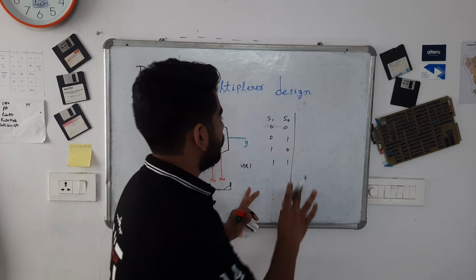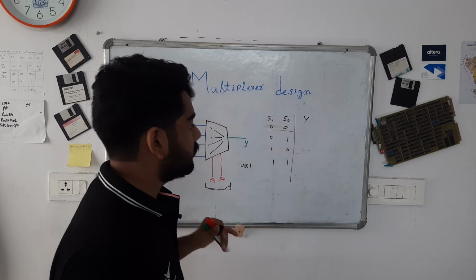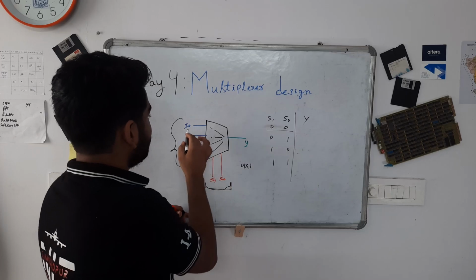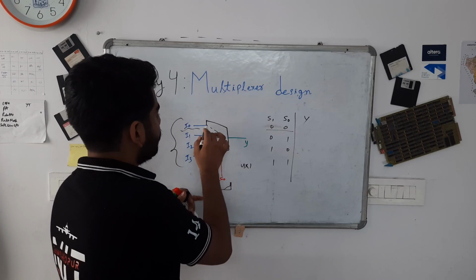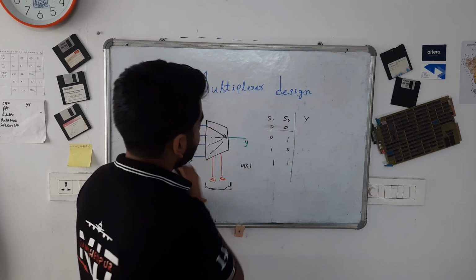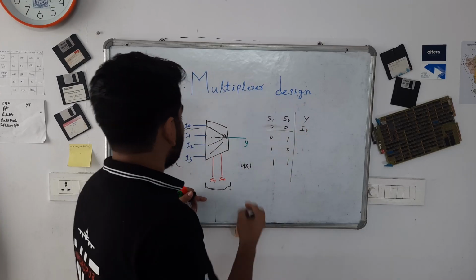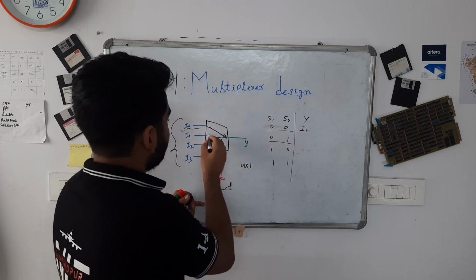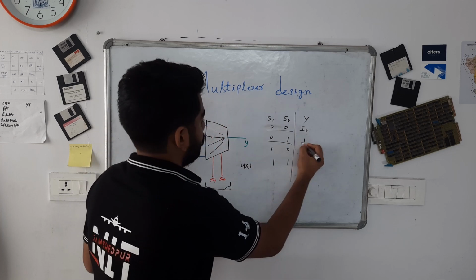If you see the output, when we select 0 0, that means we are selecting this 0th line. 0 0 maps to this line, and then this thing will be passed on to the output, so I0 will be the output. Similarly in 0 1, this thing will be passed here, and all of those things will be ignored. Okay, so I1, and